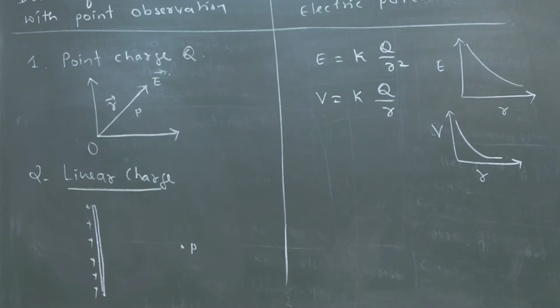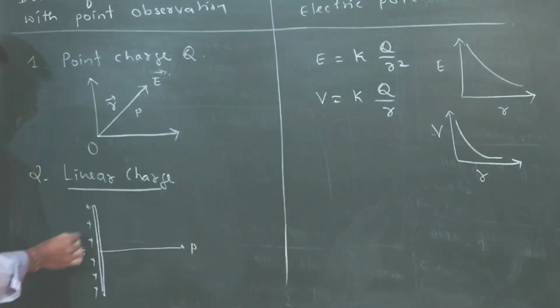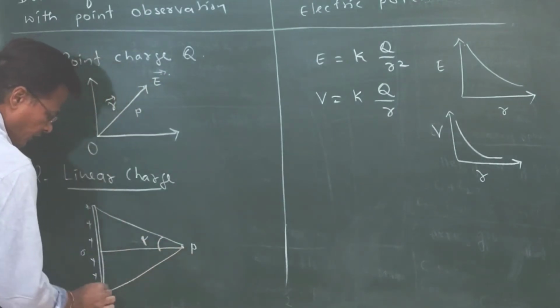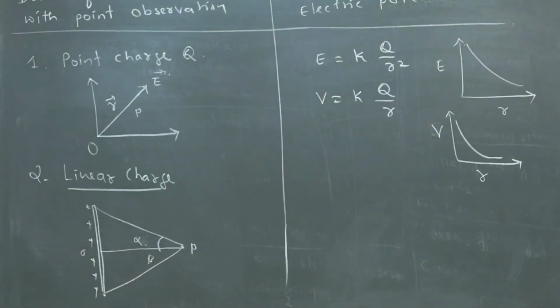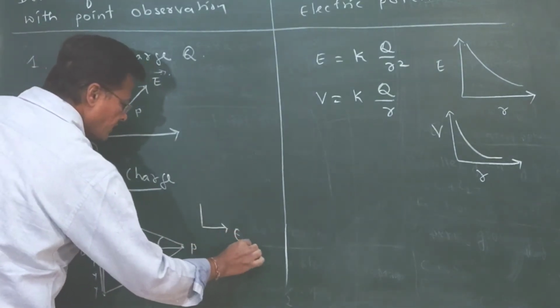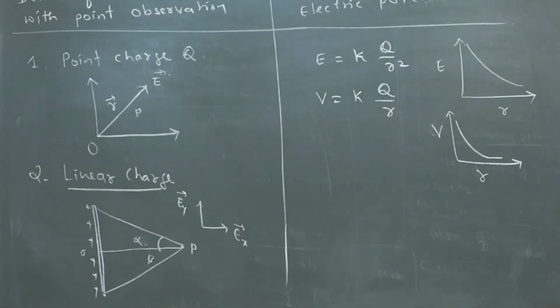So from this we can see one straight path, that is the straight line at the center of this one. It's making an angle to this point called alpha, and this point we are going to see as beta. Okay, alpha and beta we are taking. So electric field along x direction, that is Ex vector, and along y direction, that is Ey, we are taking.